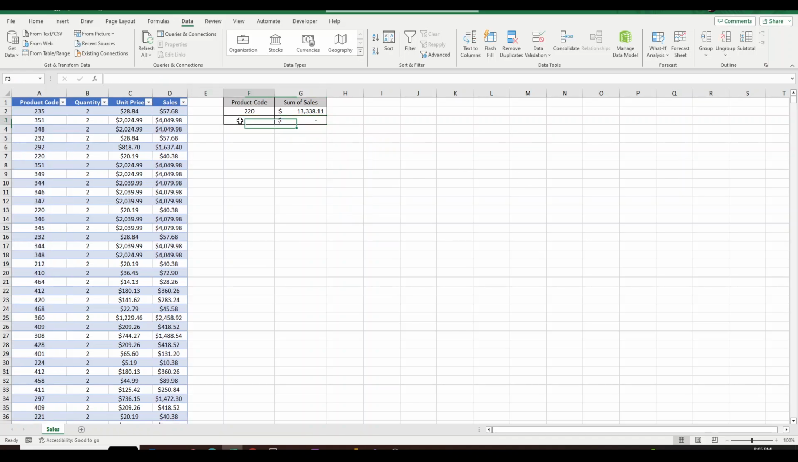Now, as you select different product codes from the list, Excel will automatically update the total sales for each one. This is a great way to add flexibility to your analysis. That's it. We've just walked through a few different ways to sum data in Excel based on specific criteria via